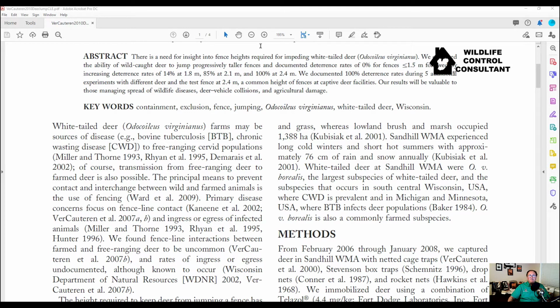So here what they're saying is deer fencing is important to protect deer from disease and transmitting disease because of these deer farms. Now, deer farms in a lot of states are being banned, or if their people have been grandfathered in, then once that person goes out of business and is not able to sell, then the state is taking over and they're not allowing any more deer farms. The reason is because of disease. So the issue of keeping deer inside a particular enclosure is critical, because if those deer get CWD or something else, you don't want deer being able to get out by jumping the fence. So how high do those fences need to be?